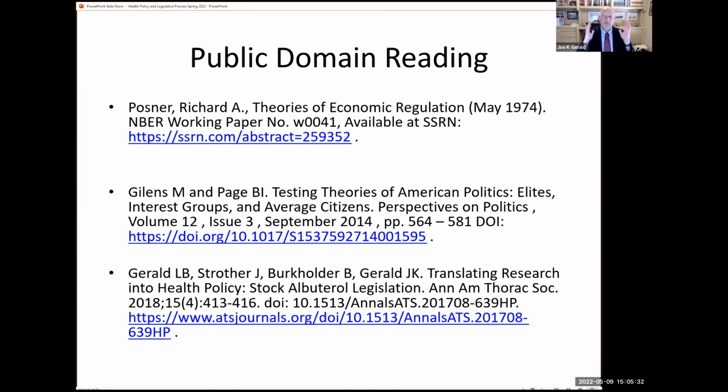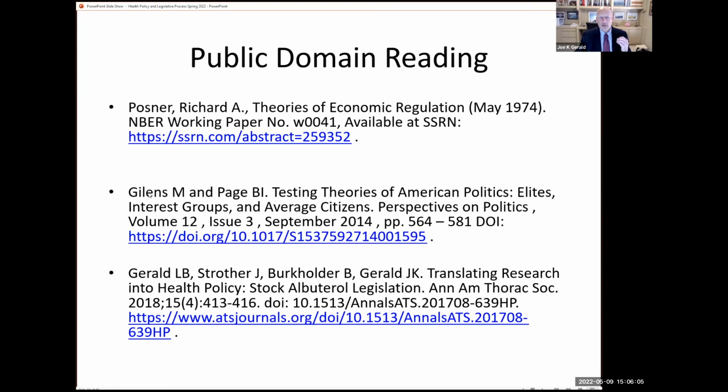All right, so this has been a very deep lecture. I hope you get something out of it that's useful for you. I provided here some additional reading references for you. These references are all in the public domain with full text. And so this article by Richard Posner in 1974 basically lays out the competing theories, but talks a lot about the theories of economic regulation, regulatory capture, economic theory of government. It's a great primary source. There are newer ones, but this is kind of like the seminal paper on it.